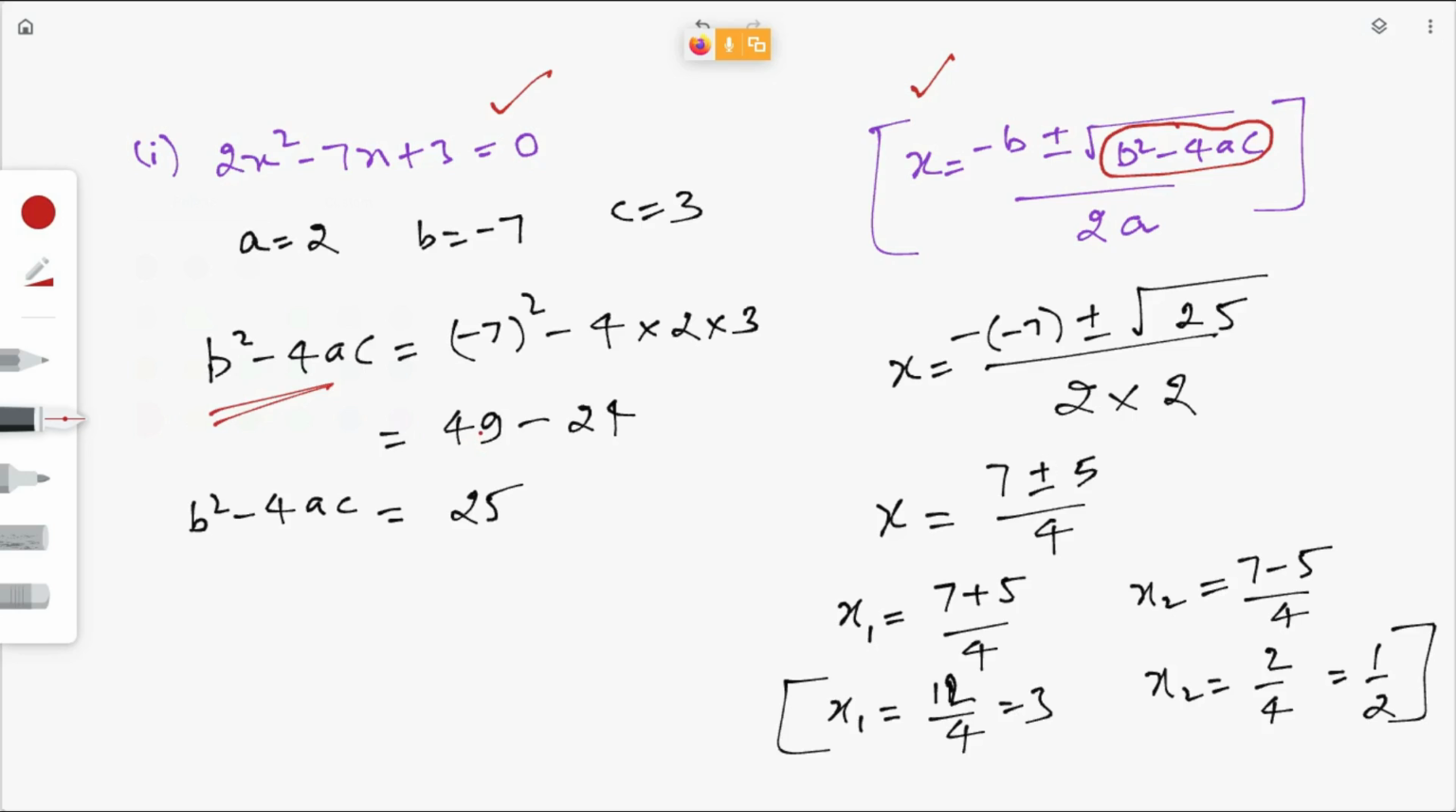Minus 7. Okay, b is the coefficient of x, so it is minus 7 here. So now substitute these values here: substitute this b, a, and then c, and then simplify. So you will get 25,